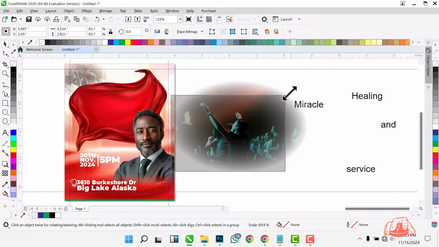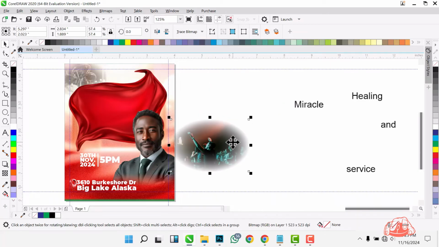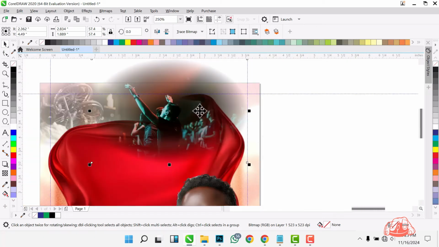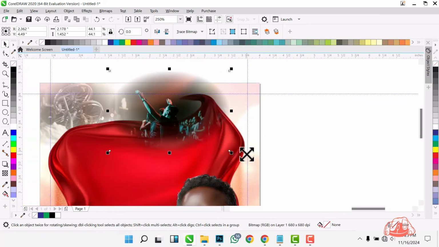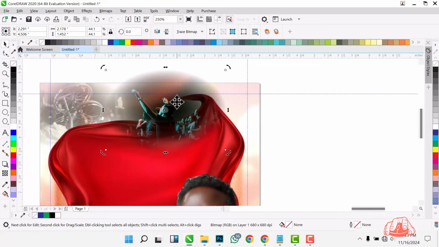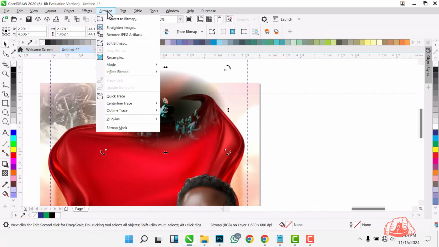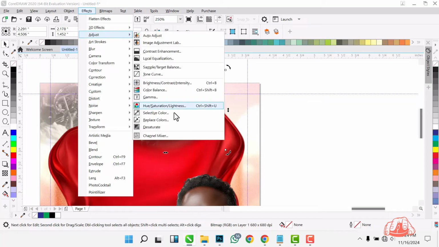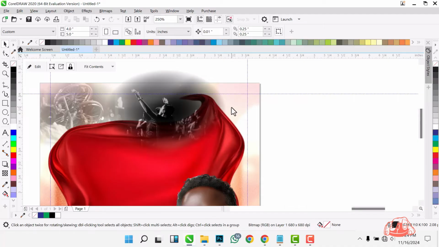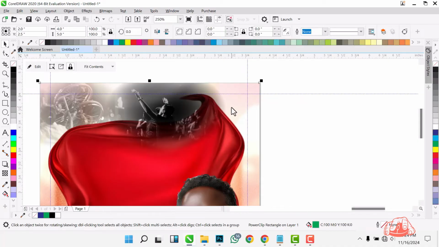Then you are still going to power clip it inside your main rectangle. I'm just trying to arrange fit it where I want before I power clip. So I think I like it here. I think I'm going to make it black and white. Let's see. Effect, adjust, desaturate. Yeah, this is good. Power clip inside. Now the next thing is,